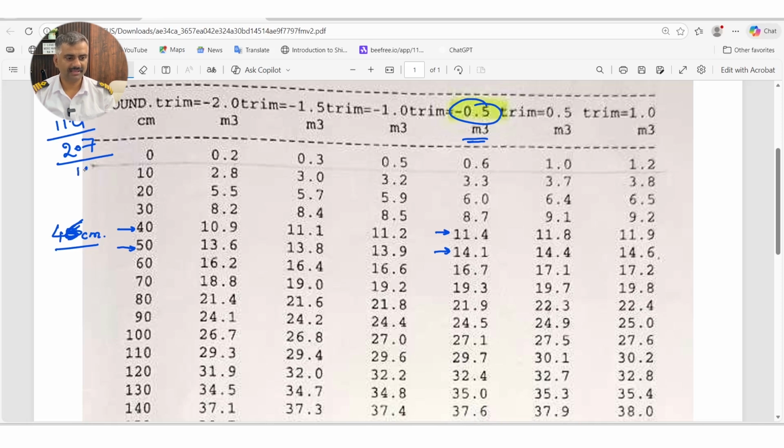Divided by 10 it becomes 0.27. So every centimeter will have 0.27. So for 40 you have got this value, and for plus 6, if you want, 6 multiplied by 0.27 is equal to